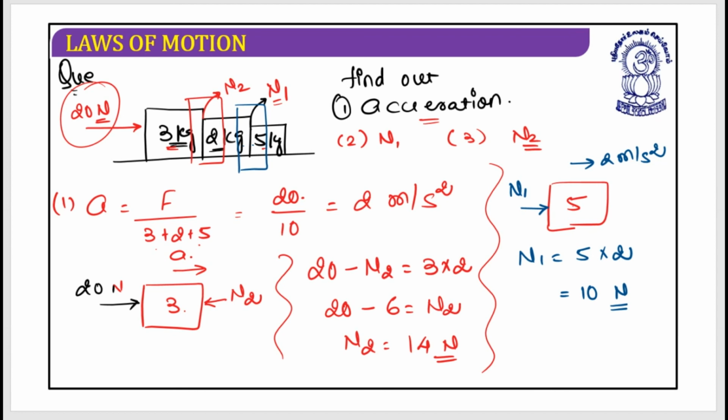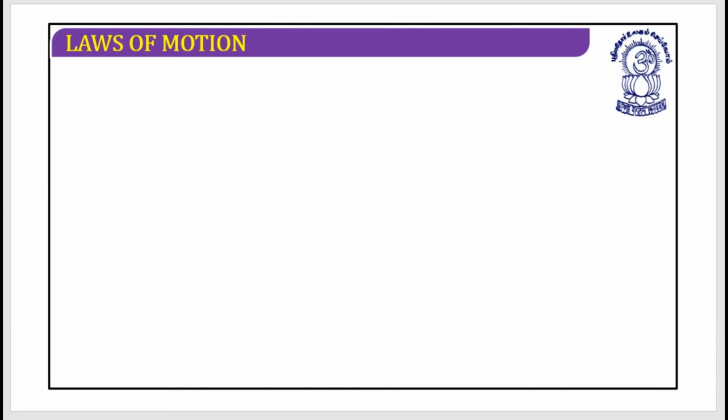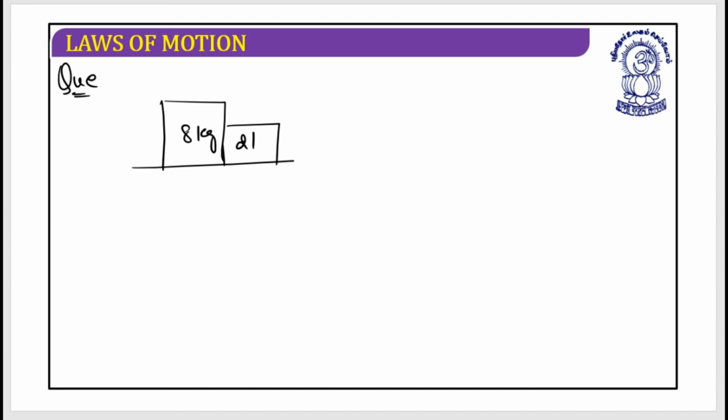Is it clear? Yes. So can we do one more question? Great. Let's have a look. This block is of 8 kg, and this one is of 2 kg. One force of 20 Newton is acting on this side, and one force of 10 Newton is acting on the other side. What do you want? You want to find out the contact force